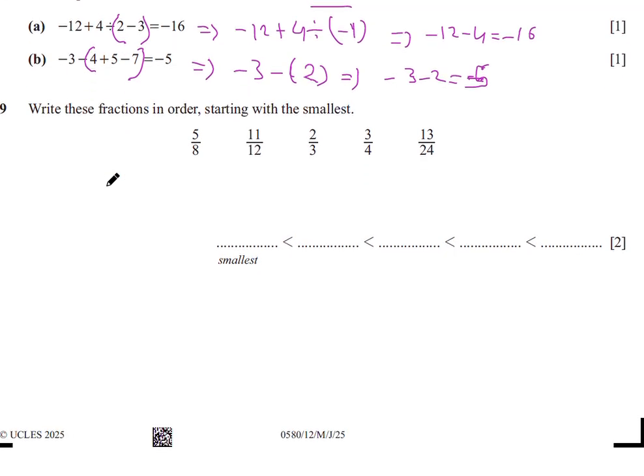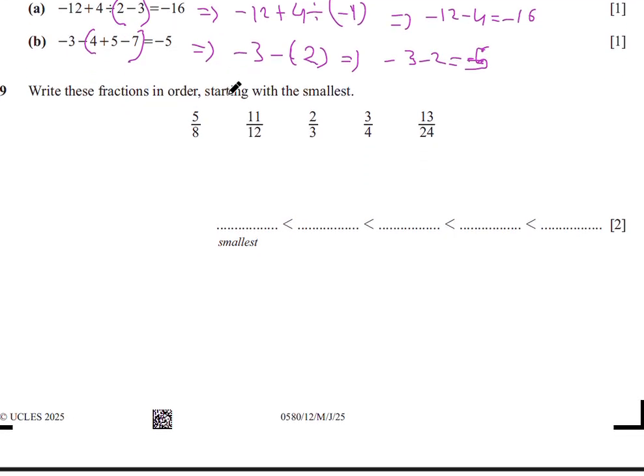Now next, they gave you the fractions and ask you to write down the order. Please read it carefully. Here we have to start with the smallest first. And their denominators are totally different. This is a non-calculator paper, right? So what you do first, very first, try to make their denominators the same. So I can see 8 3s are 24, 12 2s are 24, 3 8s are 24, 4 6s are 24, and 24 is here. So whatever is the highest number at the denominator, try to